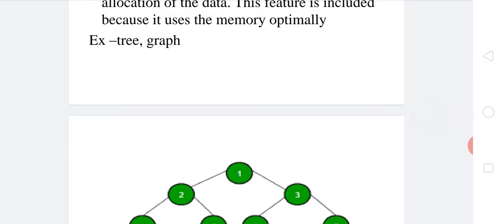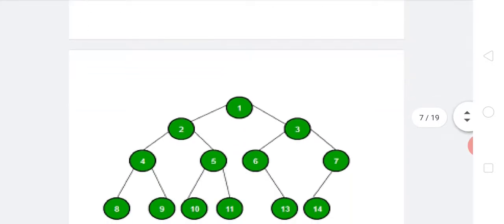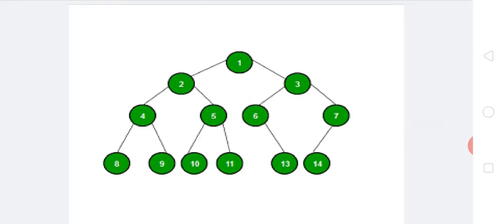In the nonlinear data structure, the traversal of data elements and insertion or deletion are not done sequentially. Now see in the figure, all the elements are not placed in a continuous or contiguous manner. These all elements are placed in a hierarchical manner. It's a tree-like structure. Now see carefully, the first element is stored in one node. This node is called the root node, or the parent node.